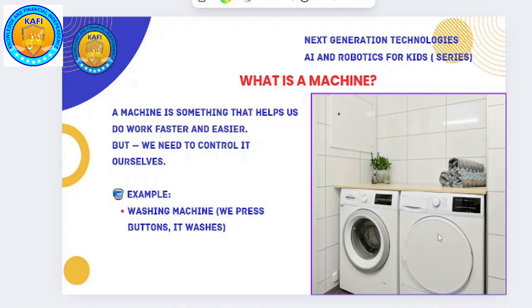But a machine, we have to control it. The machine will not decide for itself, oh, this is the time to clean the clothes, so I wash them myself. It won't ask you, oh Fatma, bring me the clothes, I want to clean them now. The machine is not going to do that, right? So you have to tell the machine, you have to make the machine work for you. You press some buttons, so it will wash, right?